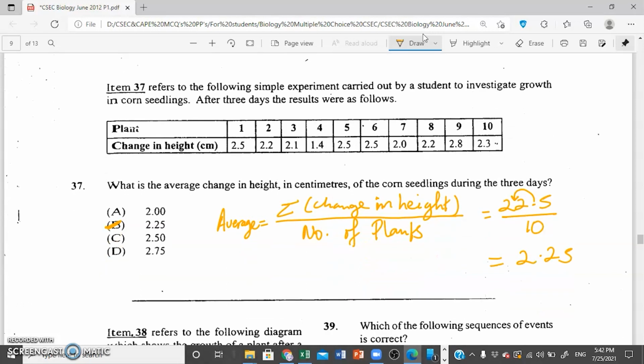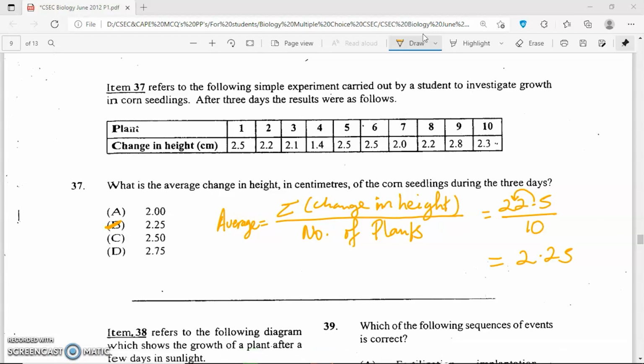Item 37 refers to the following simple experiment carried out by a student to investigate growth in corn seedlings. After 3 days, the results were as follows. So you have some numbers here. What is the average change in height in centimeters of the corn seedlings during the 3 days? The average is very easy to calculate. You add up all the heights in centimeters and then you divide by the number of plants that are represented here. So you have 10 corn seedlings,